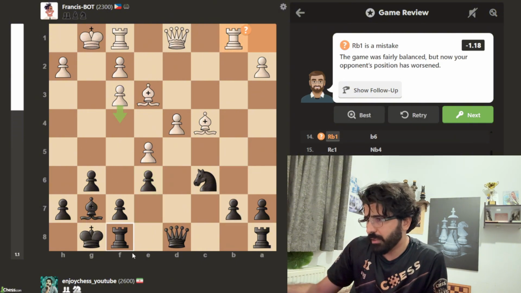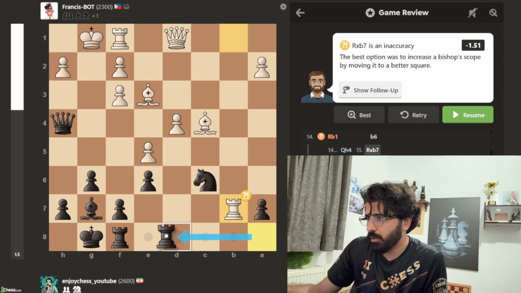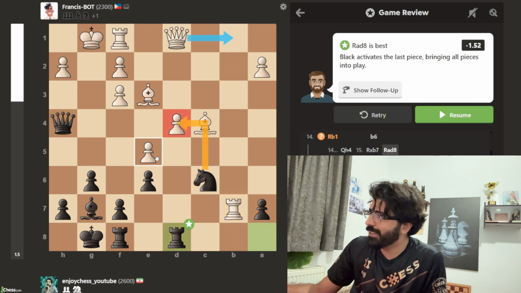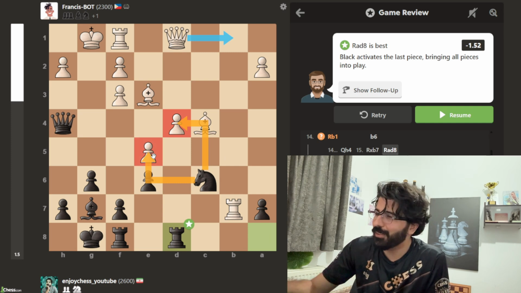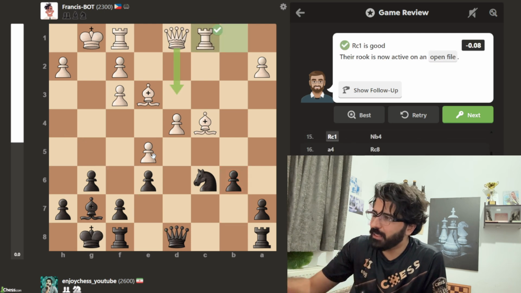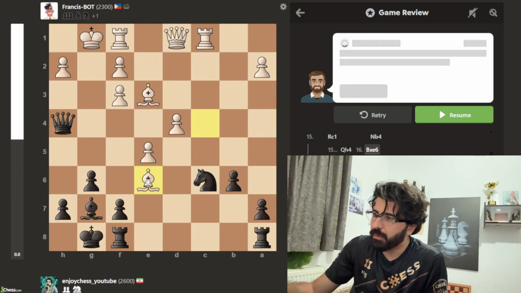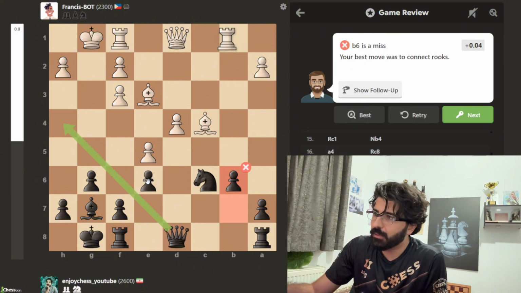Okay, queen h4 seems to be the best move in this position, and to sacrifice this pawn for bigger purposes. Yeah, this is how you should play chess, bro. I just played too solid with b6. It's a miss. Yeah, it's a miss. Rook c1. Now I cannot just go like this because bishop b6. I mean, I might still be able to go, but